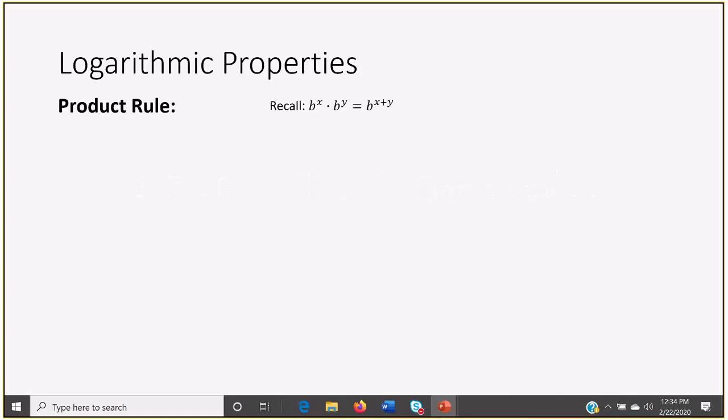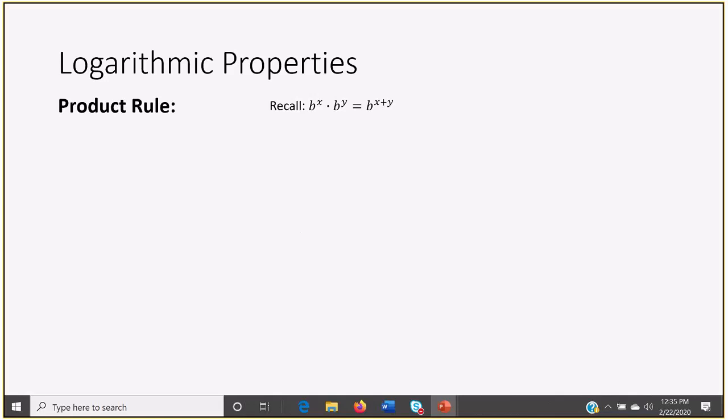So we mentioned, and I've probably mentioned at least 10 times at this point, that logarithms are related to exponentials, and they are specifically inverses of each other. So when we get into these logarithmic rules, we're going to recall the exponential rules. Maybe we didn't explicitly state the exponential rules in this course, but hopefully you've seen them before. We're going to state the exponential rule that it's related to, and then we're going to talk about the logarithmic